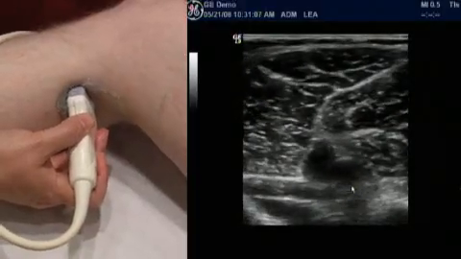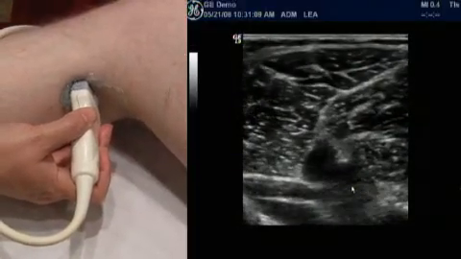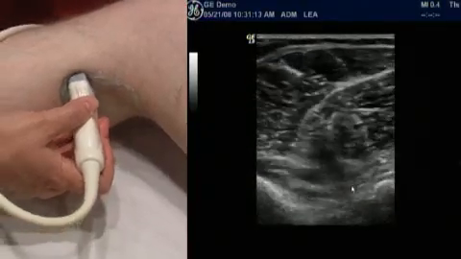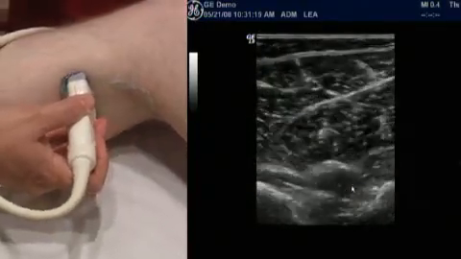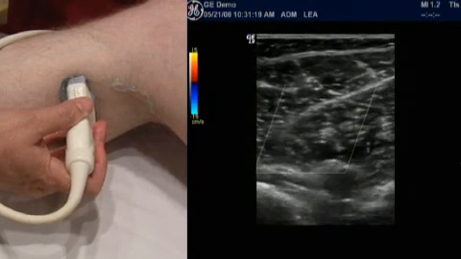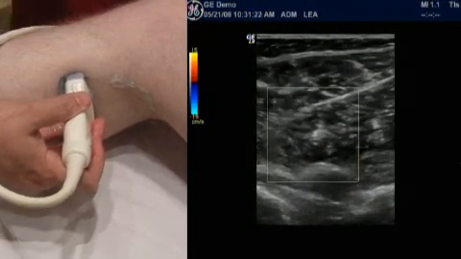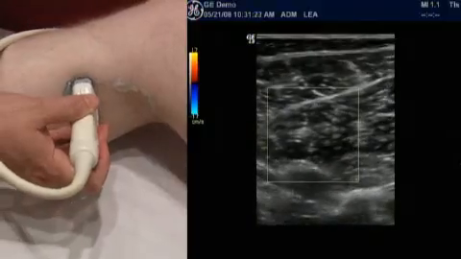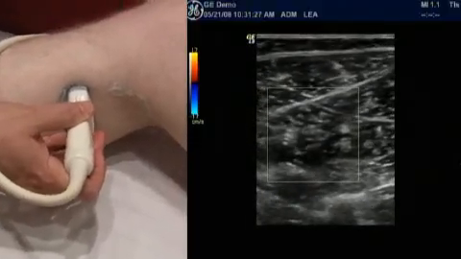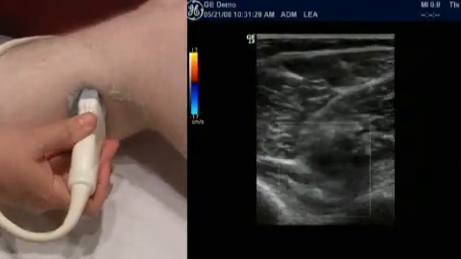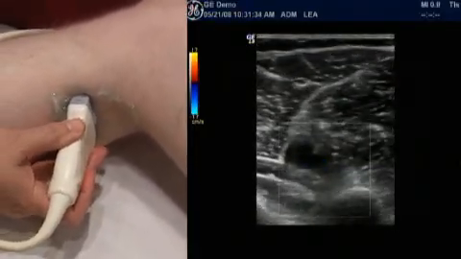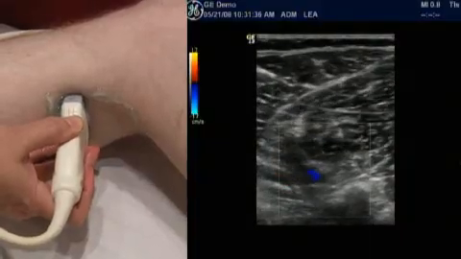And as we come down, and I'm just going to adjust my focus a little bit in depth because we're getting just a little bit deeper, that vessel splits, and it's splitting right here. Let me put the color on, maybe that'll help show a little bit better. I'm just going to move the machine a little closer to me here. Okay, so we're up here and got the tibial peroneal trunk, and if I come down real slow,